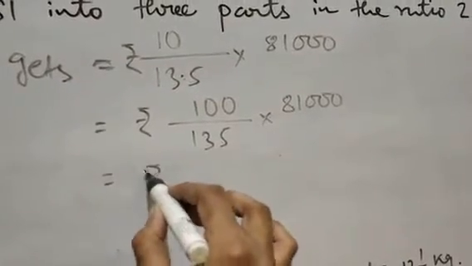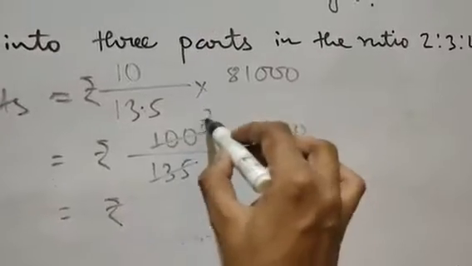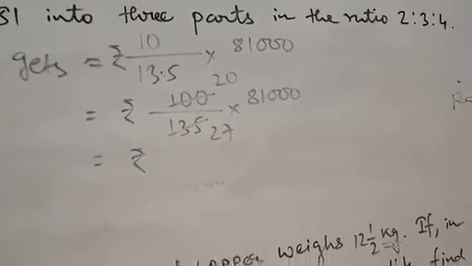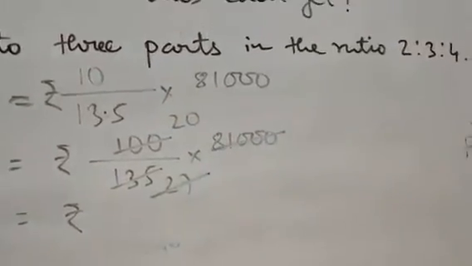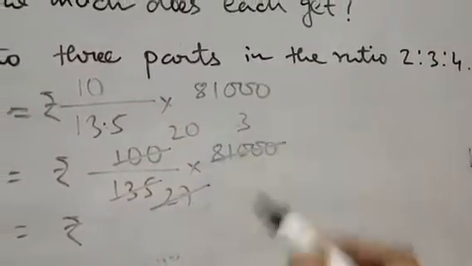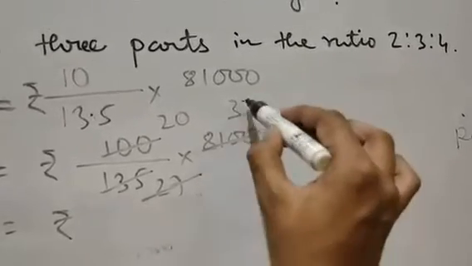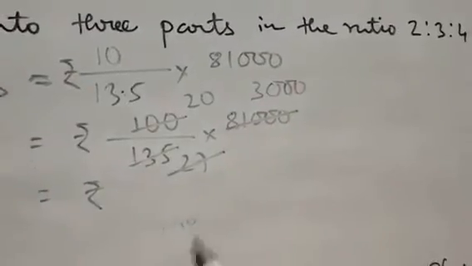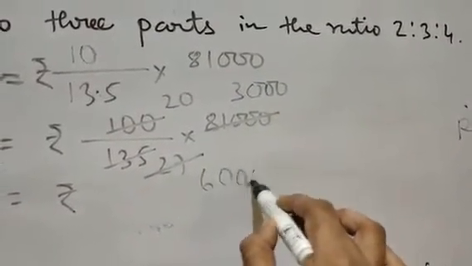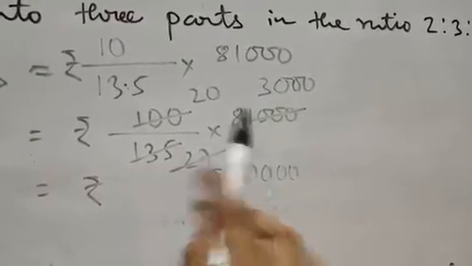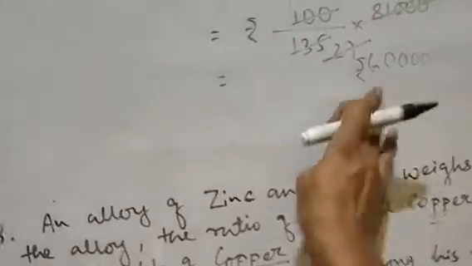Now reduce. 5 27s are 135, 5 20s are 100. Now divide 27 with 81,000 directly. It will be 3,000. Therefore your answer will be 3 2s are 6, 60,000 rupees. Ashok will get 60,000 rupees. Clear. Next, Mohit